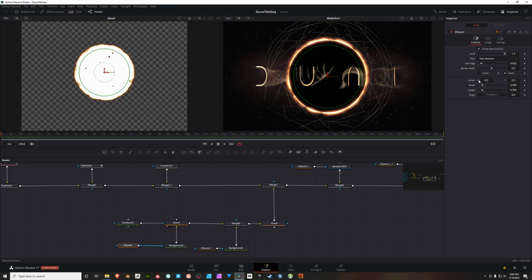One is the center for the X and the Y, and we're also going to adjust the width and the height. There's a reason why: we still want it to be relatively thin even when it comes over this way. So at frame 0, go ahead and keyframe those, and then let's go over to frame